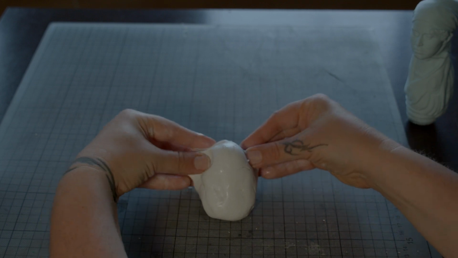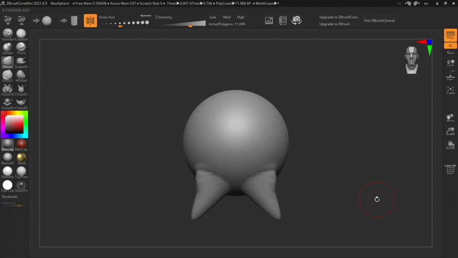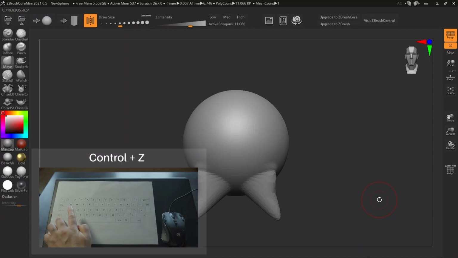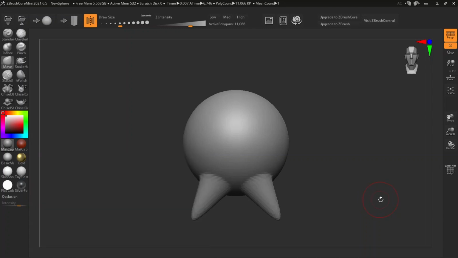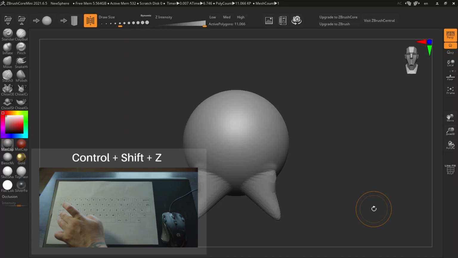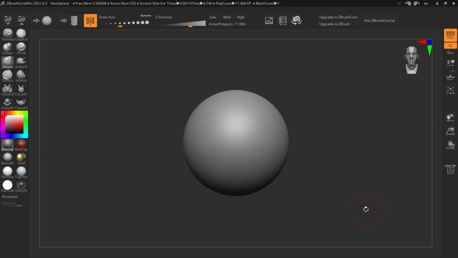Meanwhile, we have to remember that by pushing Ctrl Z, we can go back one move. If you have moved so much, you can also push Ctrl Shift Z to redo what you were doing. Unfortunately, there is no other option to do that in ZBrush Core Mini.